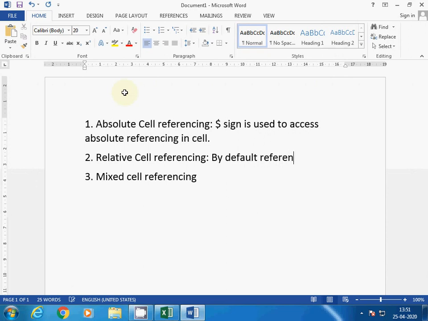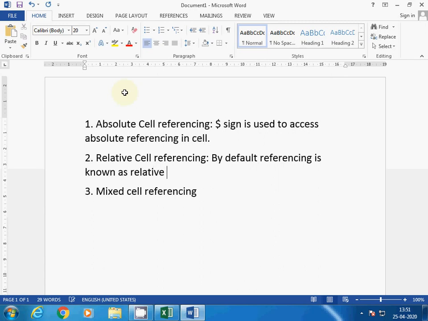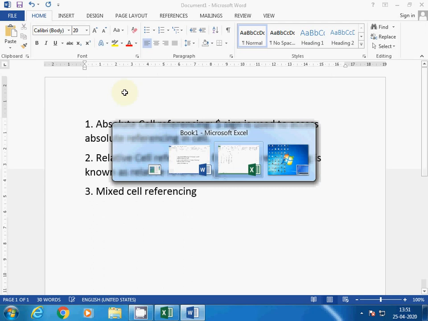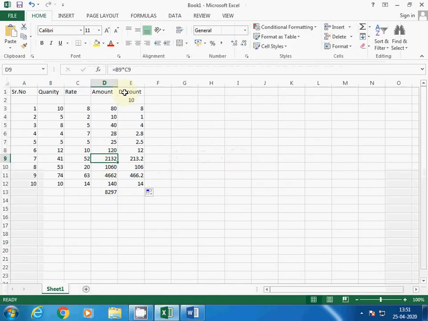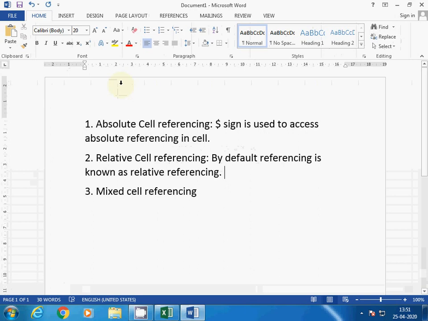So the default referencing is known as relative referencing. Now here, no need to write dollar sign, or if you want to write dollar sign, then dollar sign may be used before the column name only at one place. So it doesn't affect it wherever you are copying the formula.